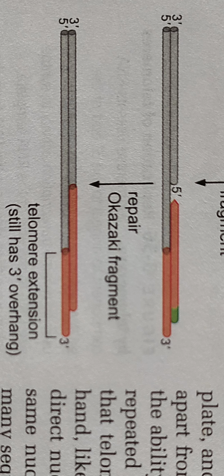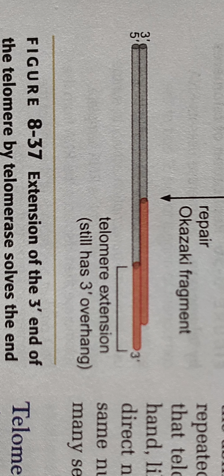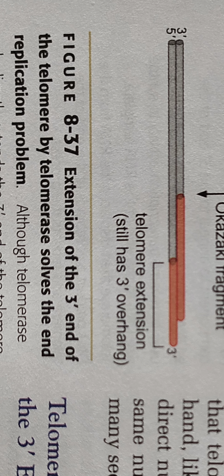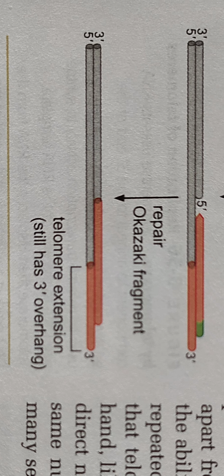And in this way the extension of the 3' end of the telomere by telomerase will solve the end replication problem. But what happens as cell division approaches more and more, these telomeres get shortened